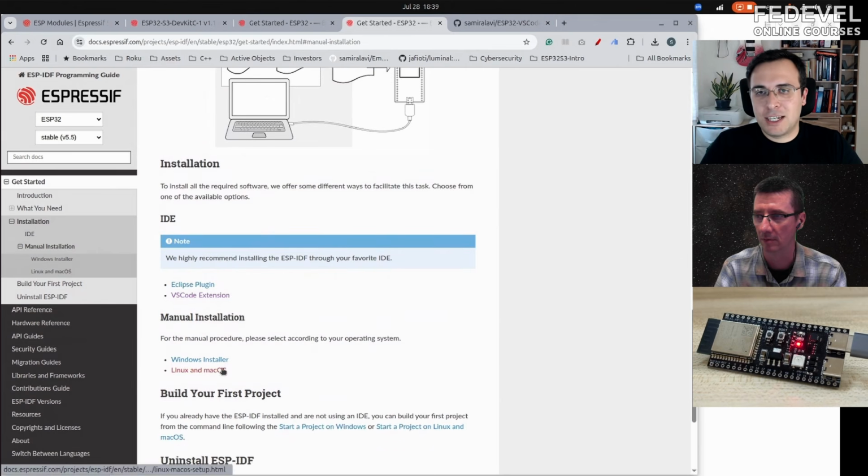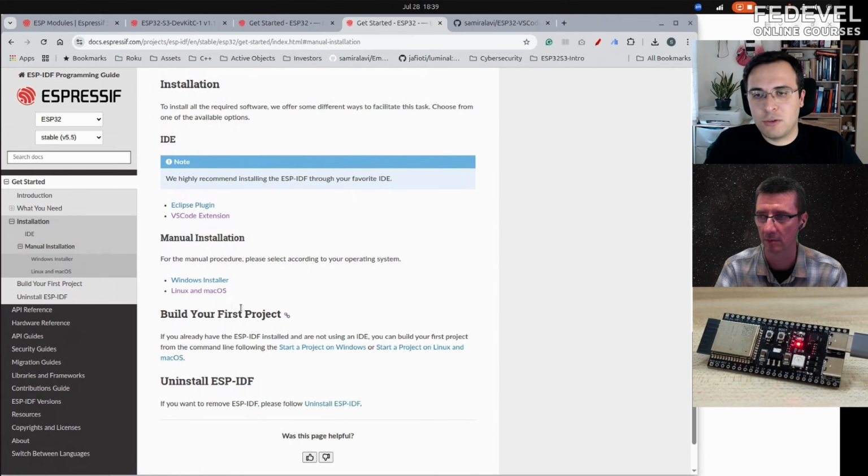But the manual installation gives you a better experience of how stuff works, because in your project you might face some challenges where you need to dig into the IDF, into the SDK itself, and understand how it works, and then try to change the configuration, which the manual installation makes a bit easier. I guess this VS Code extension is pretty new, so probably the majority of users don't use it now. Maybe it has improved a lot, but in this tutorial we go through the manual installation, which is